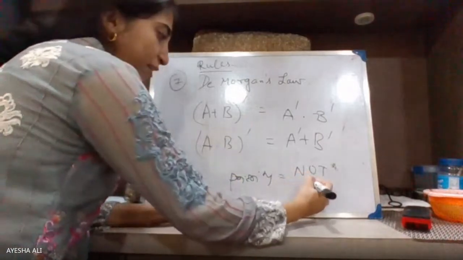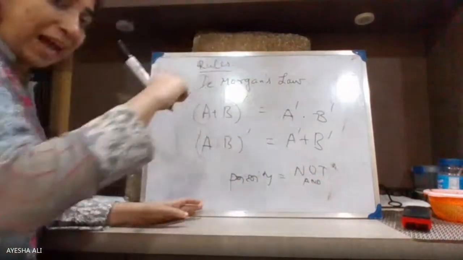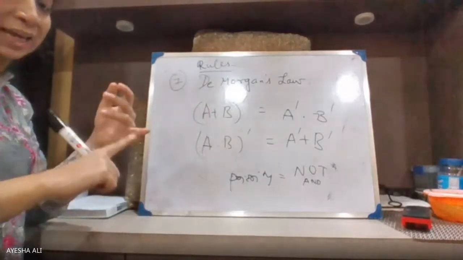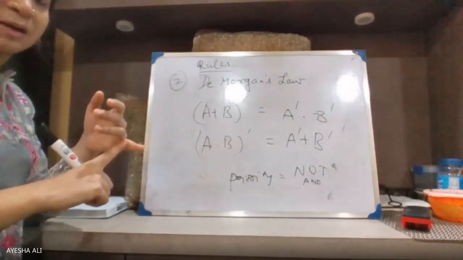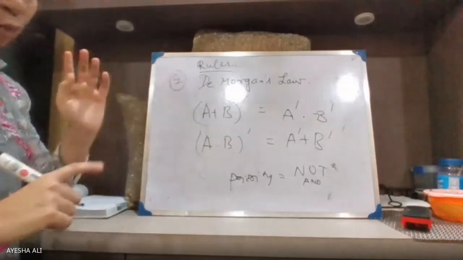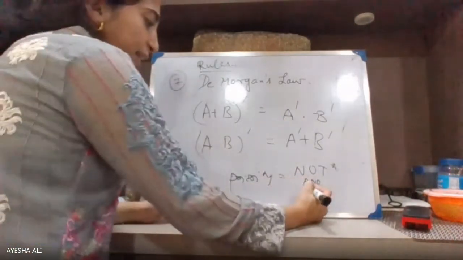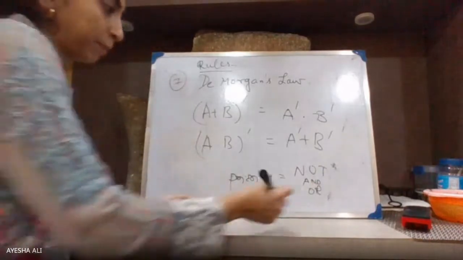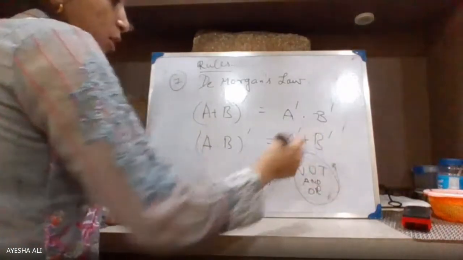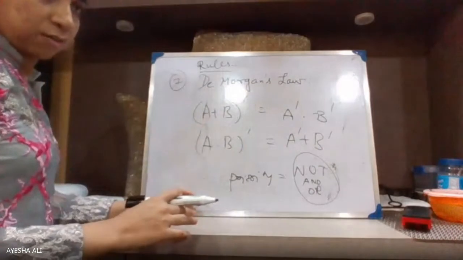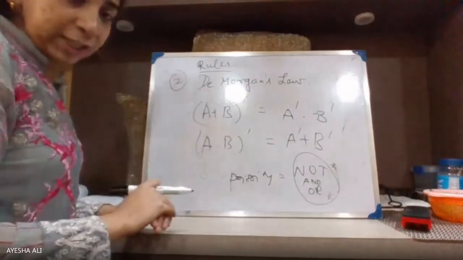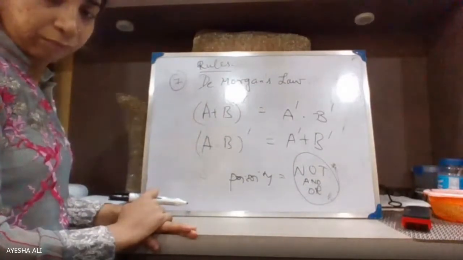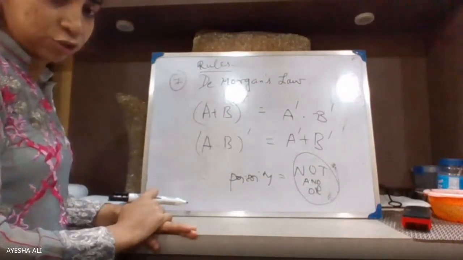Then you go to AND. Remember the AND laws, the 4 AND laws: A into A, A into 0, A into 1, A into A complement. Something like that is there. You have to work on that first. And at the end comes your OR. This is the priority which you need to follow in any particular logical expression and accordingly work from there. Everyone understood?